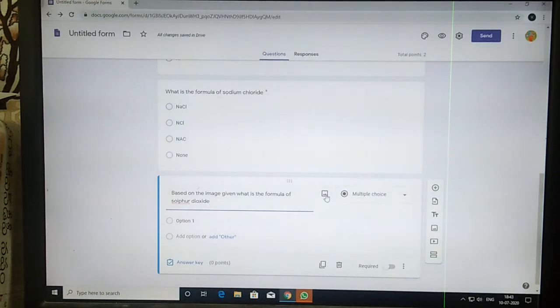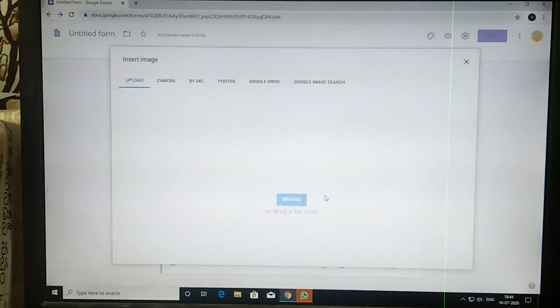This image should be there in your system, either laptop, desktop, or even in mobile we can do this. It should be present compulsorily. So click on that. Here what you can do is, if you are able to take the picture through the camera, you can take it, or if any URL is there or any photos are there, you can do that. Or otherwise you can just click on browse. If you already know where it is present, you can click on that browse. Okay, or otherwise you can do one more thing also. I'll show with browse and also by dragging the file.